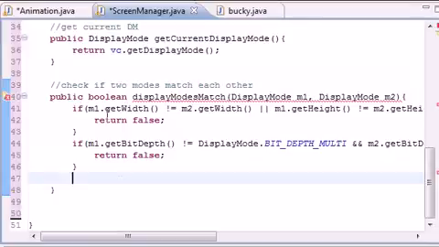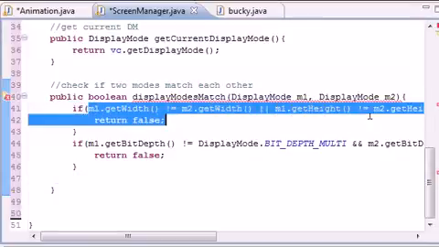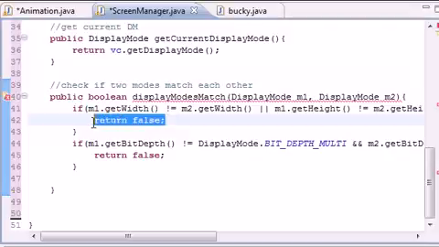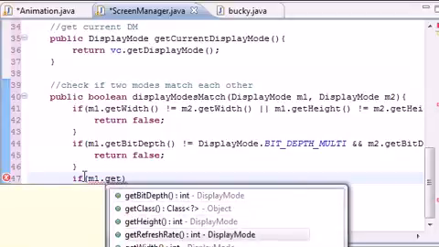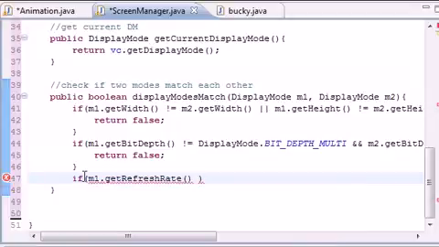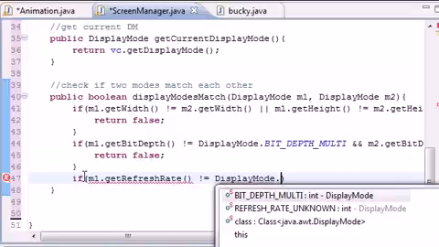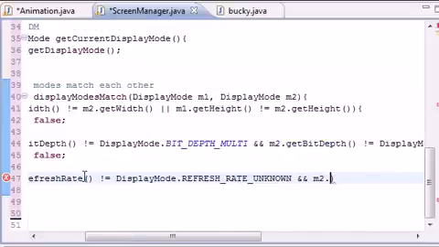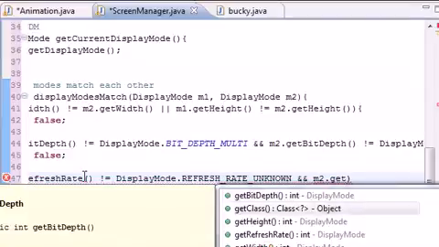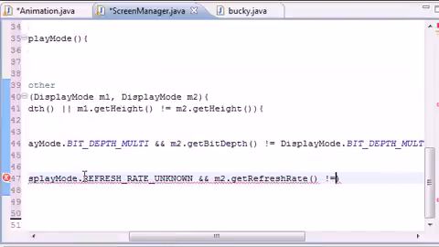So now what we did is we made a test for the resolution to see if they match, and if they don't match, we want it to return false. If the bit depths don't match, we want this to return false. And if the refresh rate, m1.get refresh rate is not equal to display mode dot refresh rate unknown, and m2 dot get refresh rate is not equal to